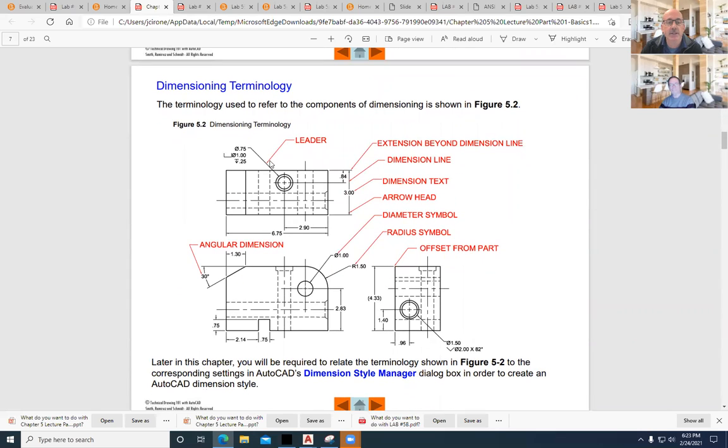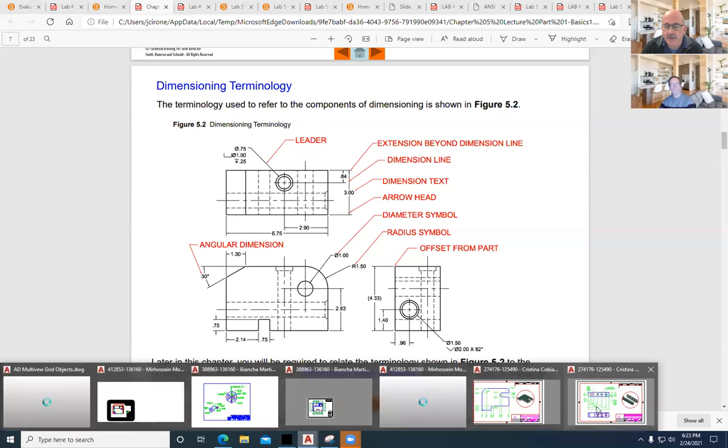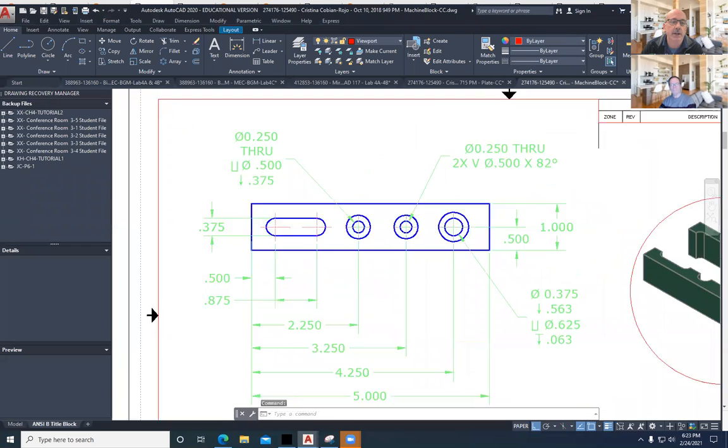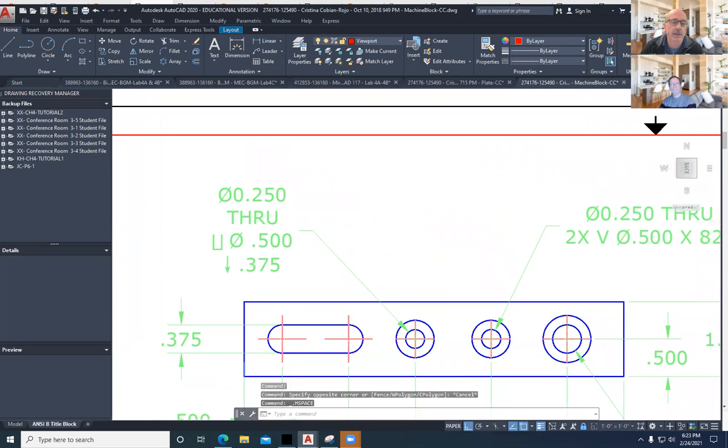As we look at the dimensioning terminology with AutoCAD, this is called a leader. AutoCAD calls it a multi-leader now. Just like dimensions, we have multi-leader styles, and we can set those multi-leader styles up. We'll create the multi-leader. A lot of times when I create these multi-leaders, I'll use the Wingdings, or no, they actually have a GD&T symbols area. Let me see if I have it. There we go, right here. And then if we look at this dimension,